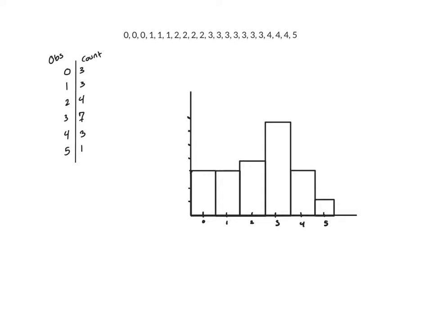At this point, our histogram is actually complete. On our horizontal axis there, we have our observations. That is, people told us 0, 1, 2, 3, 4, or 5 kids. On the vertical axis, we have the count, how many people told us that. So for instance, we can look at the tallest bar here in the center, and this bar right here represents the people who said they wanted 3 kids, and we can tell that according to this, there are 7 people